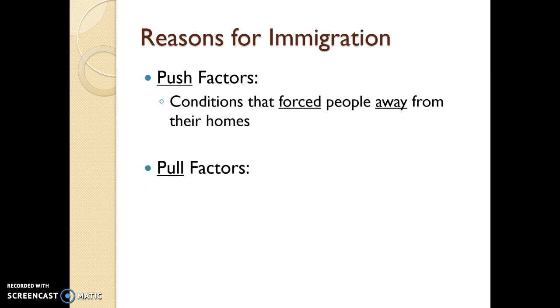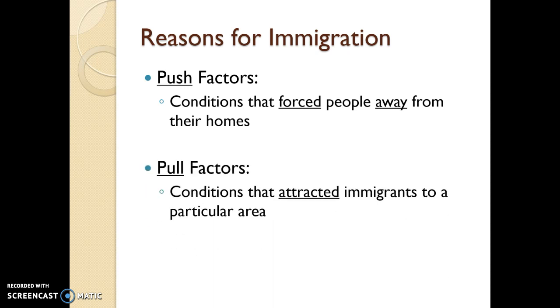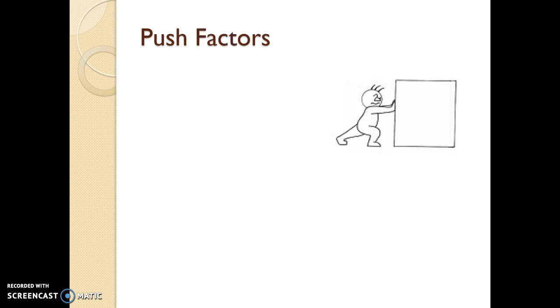The other set of factors are pull factors. Once they've made a decision to leave, what in this case makes them want to come to the United States? So what is it about the United States that draws all these millions of immigrants here during the Gilded Age? So we're going to talk about some examples there too. When we look at examples, obviously there's potentially as many different examples as there are people who emigrated, but we're going to look at some common ones. So for push factors,